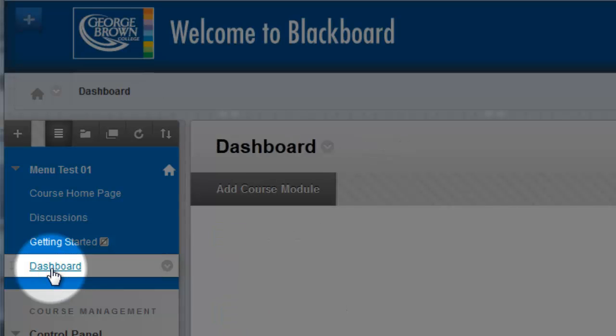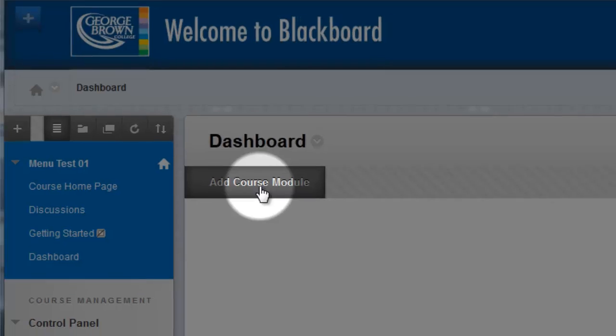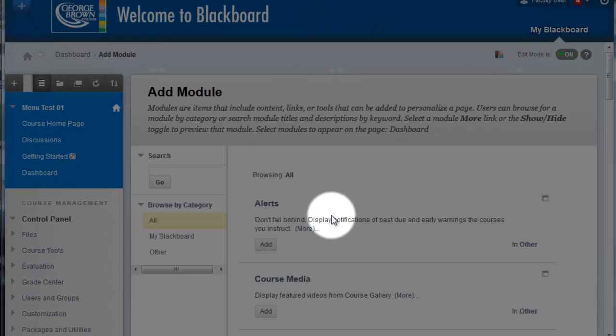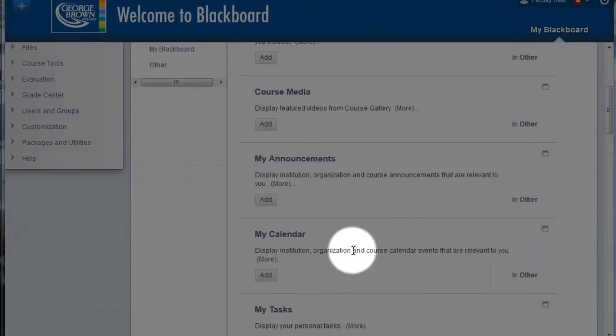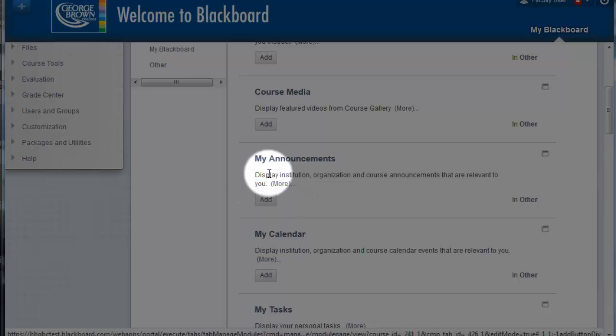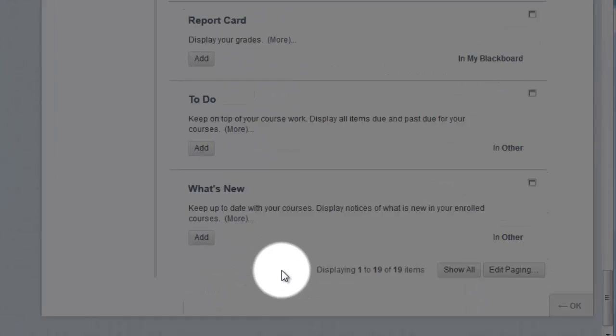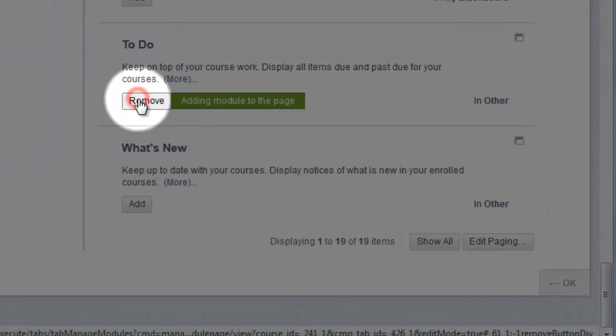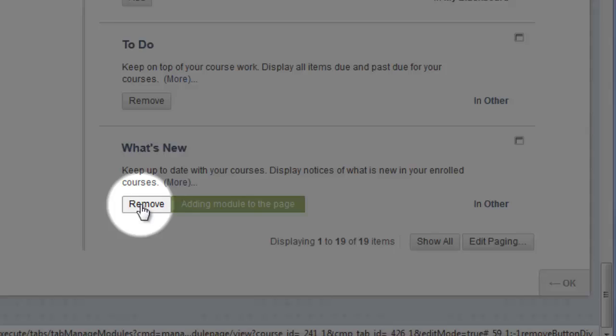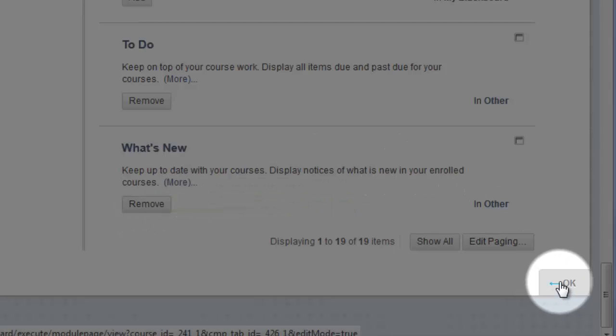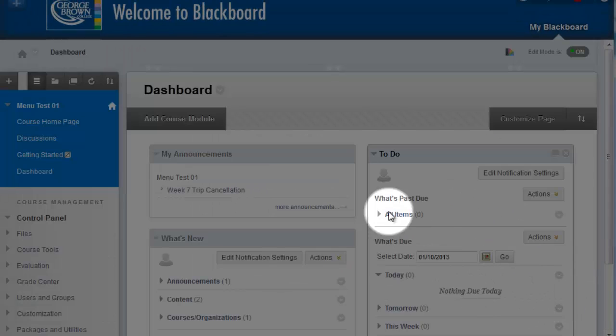I'm going to click on it and click add course module, and I see here my list of available modules to choose from. I want to add my announcements. I'm going to click the add button there, and also To Do and What's New, and then OK on the bottom right. And I can see now that these 3 widgets have been added to this page that I've called